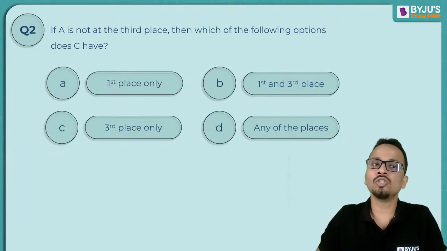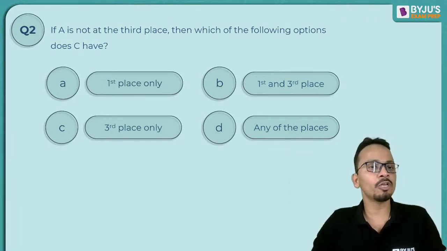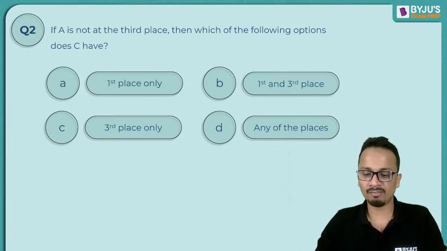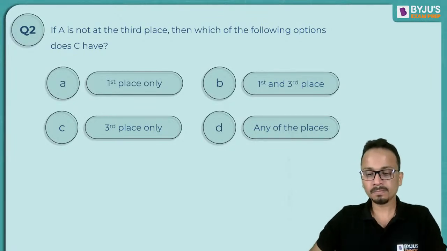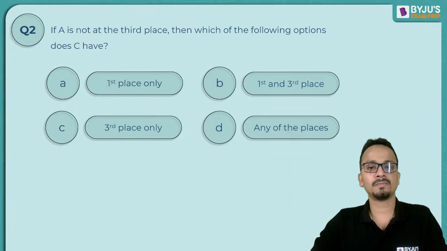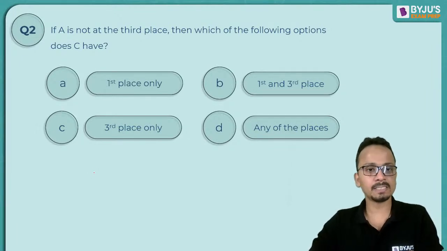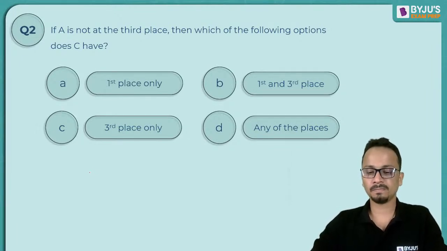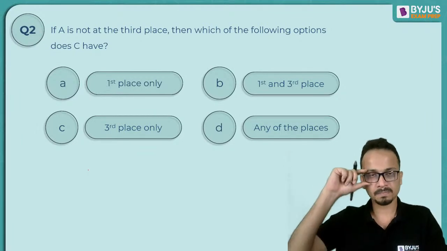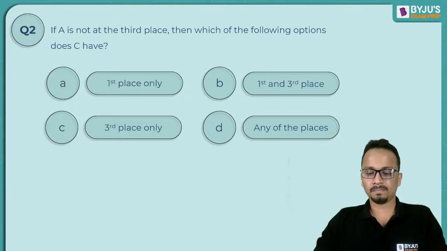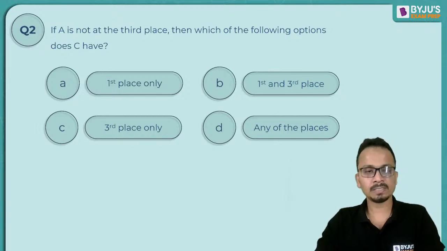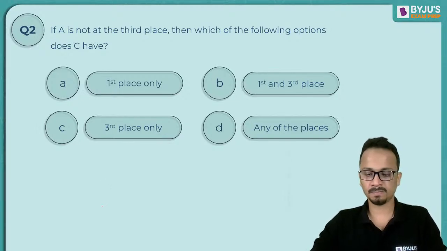If A is not at the third place, then which of the following options does C have? Yes, any answer? All right, Goransh, first one to give an answer. Asmita, Taha, Abhishek,